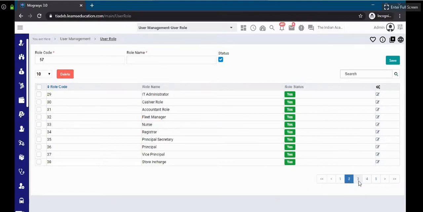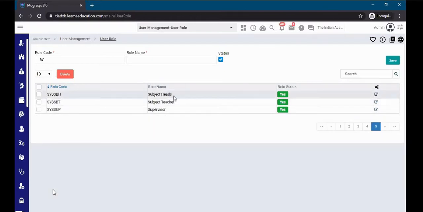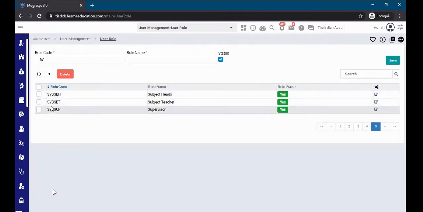For that, if you check, SYS ACT assistant teacher role, class teacher role, SYS SBH subject head, SYS SBT subject teacher, SYS SUP supervisor, I have created these roles.